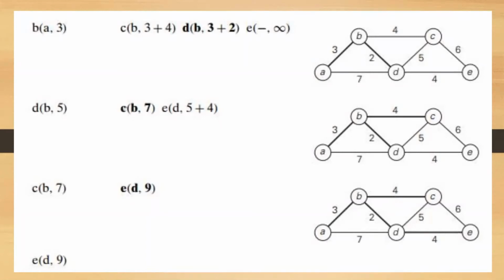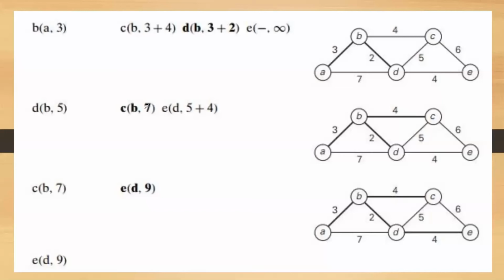Okay, now what was the initial value of C? Look at the previous step. C was having 7. C is having 7 in the previous step. Now you have to update that C. Now C is adjacent to B. Now via what are you supposed to choose? It is adjacent to B as well as D. Now calculate from B. Via B, what is the distance?